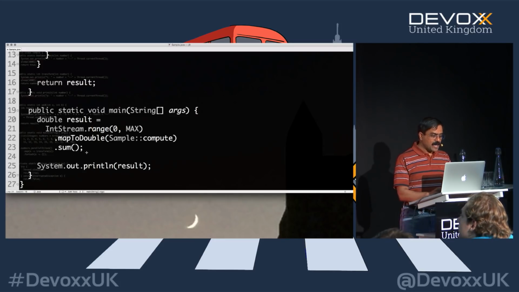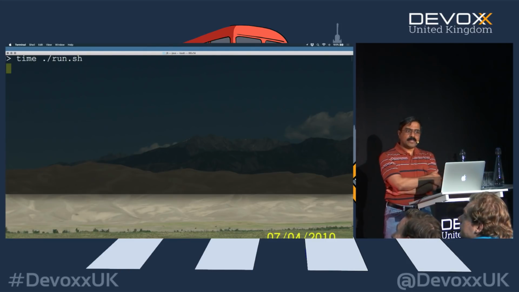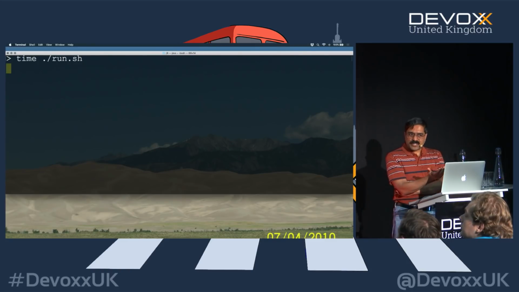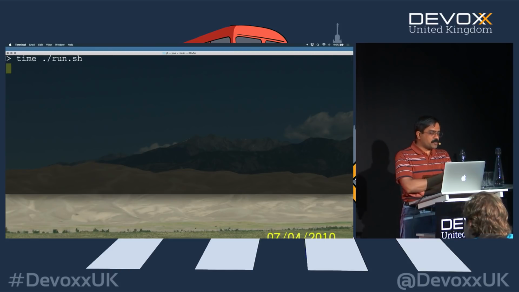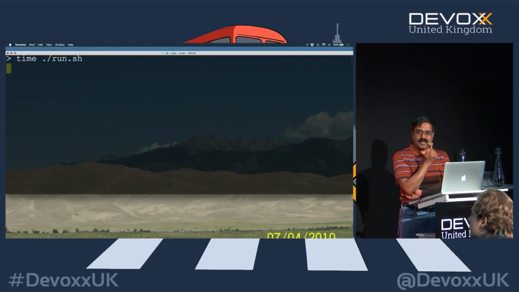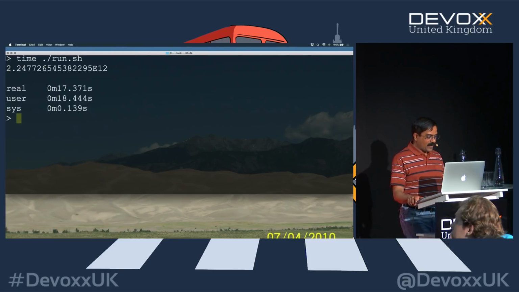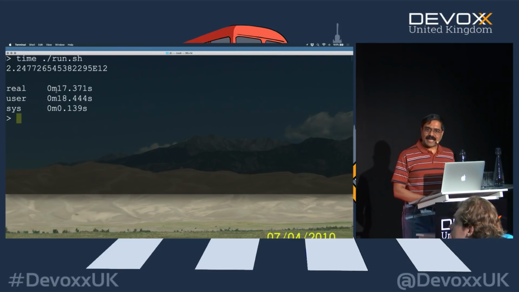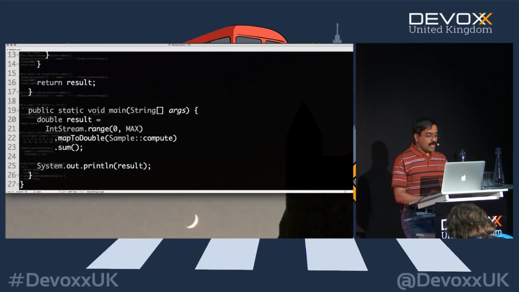Let's go ahead and try this out. So I'm going to say time it and run.sh, and I'm going to run this sequentially, and this is going to take some time and produce some result of this computation. It is just burning the CPU at this point. One thread is doing the work, one CPU core is involved in it, the other 7 are sitting and watching it. So that's basically what's happening right now. It took about 17 seconds to execute, and the result is 2.24 times e power 12. Just keep that in mind, 2.24e12 in about 17 seconds.